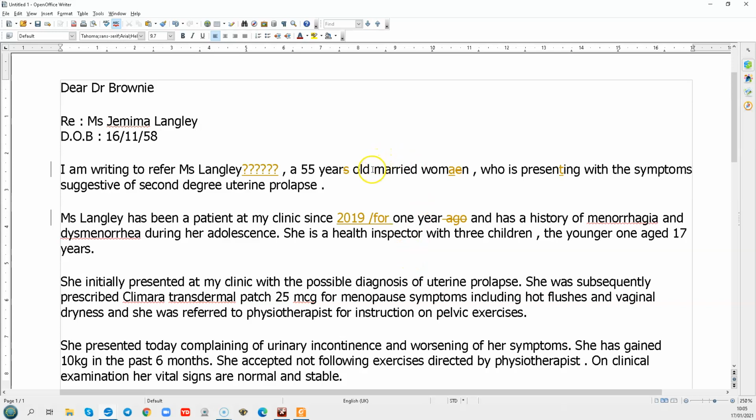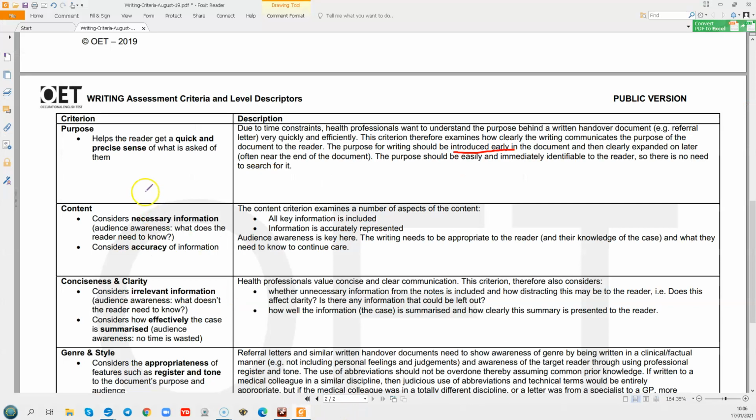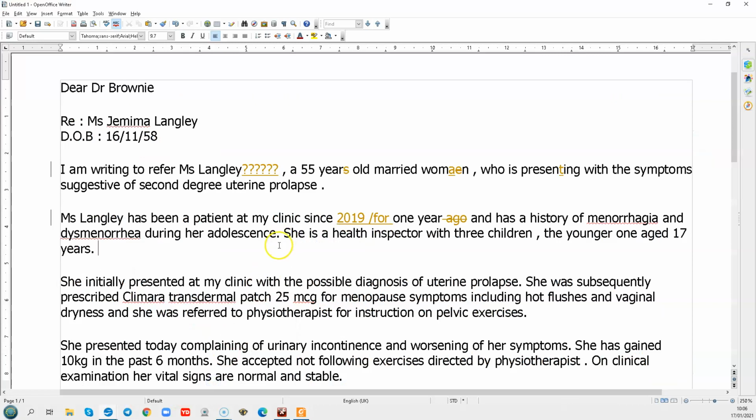So you've got this here, she's married, though you call her Miss, she's a woman, well, we kind of guessed. You've got her occupation here, so I'm still not clear as to what it is you want me to do. That purpose so far is still not clear. It says here, quick, precise sentence. So I'm reading, and what is it you want me to do? I haven't found out yet. Let's have a look. Let's continue.